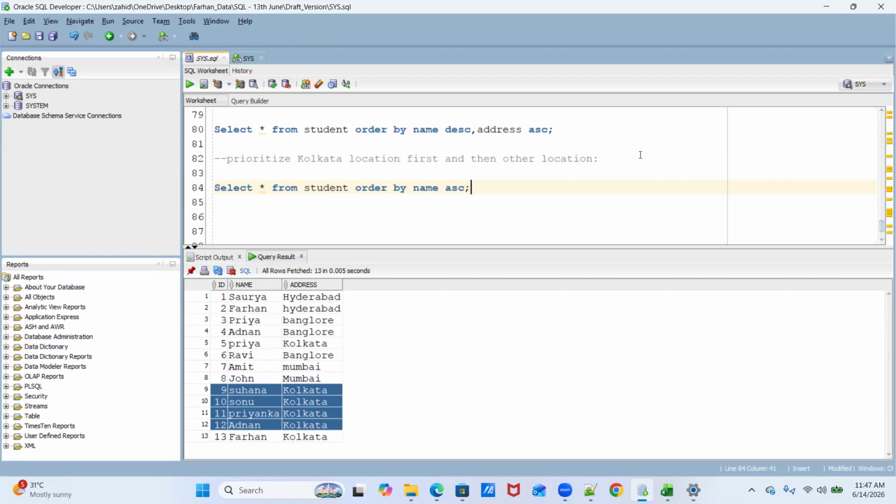Hope all the variations are clear. Now, after order by, you just have to mention a condition that is a kind of if else condition.